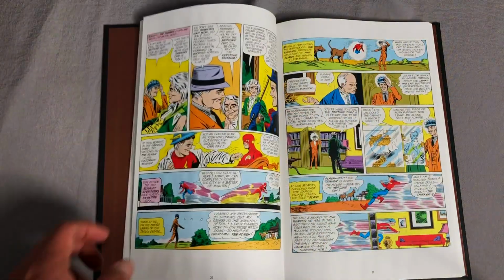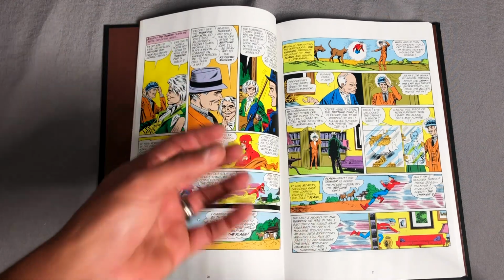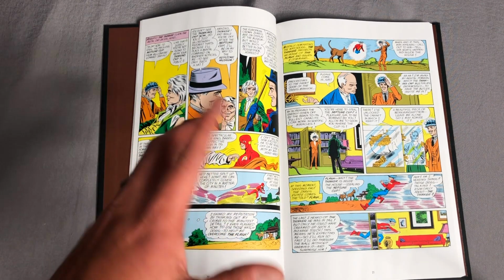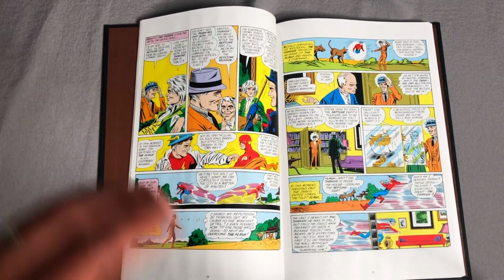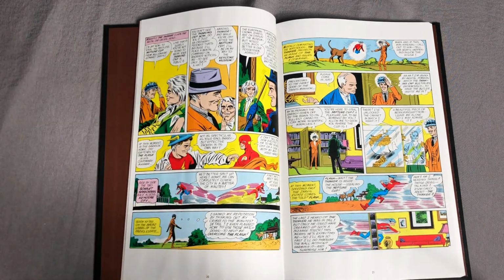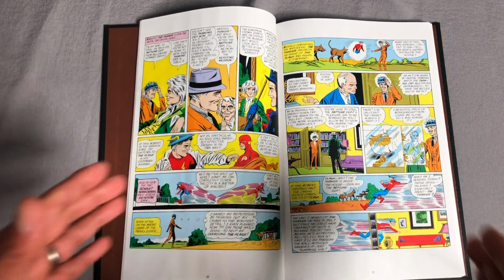And that's pretty much the story of Flash 123. And then it was such a popular story, and it's known as the first multiverse story. I think there was a Wonder Woman story that preceded this, but I think this is probably known throughout fandom as the very first multiverse story, where DC was like, okay, these are different Earths, we're going to make this a one-time deal. And no, I mean, eventually this happened a lot because fans